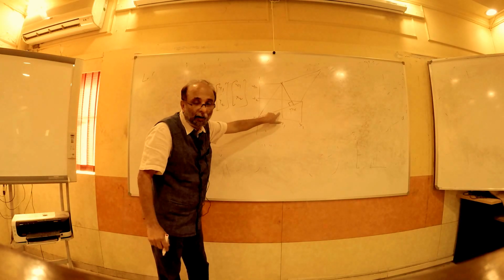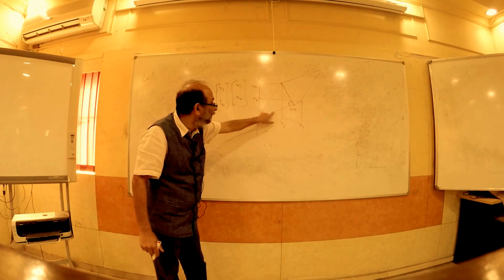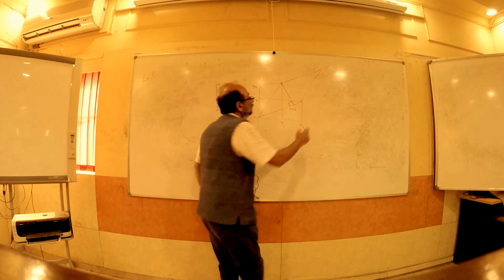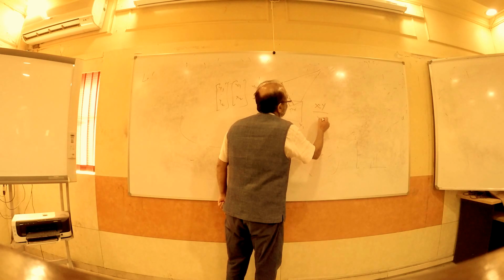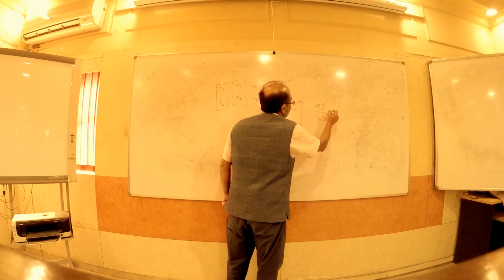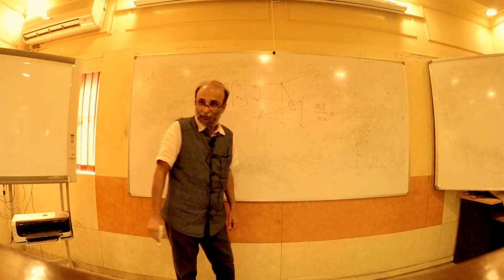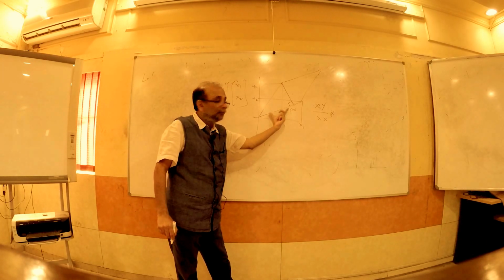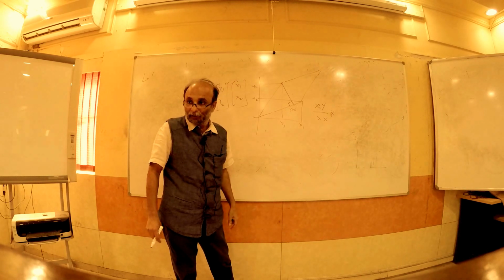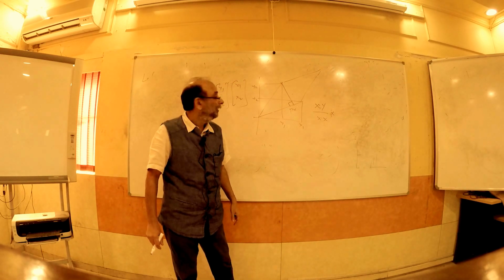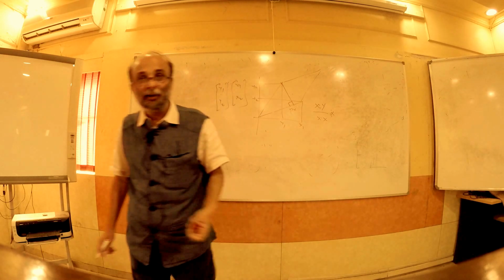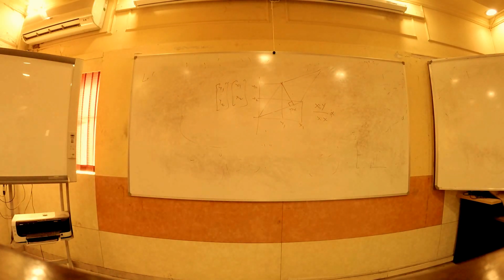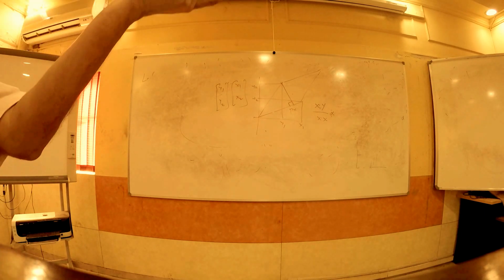A little bit of geometry will tell you that this base is nothing but the dot product of x and y divided by the dot product of x with itself. 10th standard geometry will tell you that. Now what is the dot product of x and y? Summation xi yi. What is the dot product of x with itself? Summation xi square. So you get beta hat, so this is beta hat into x.